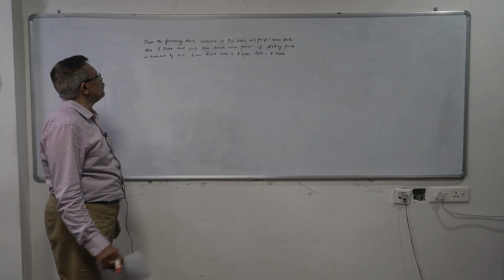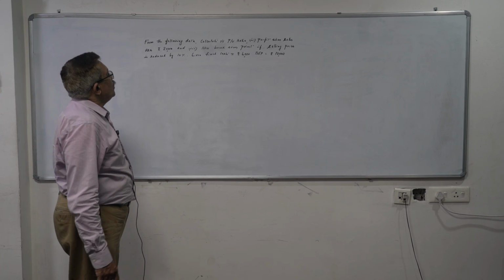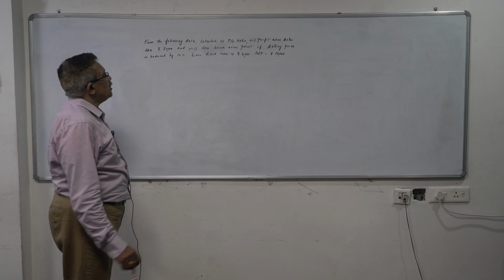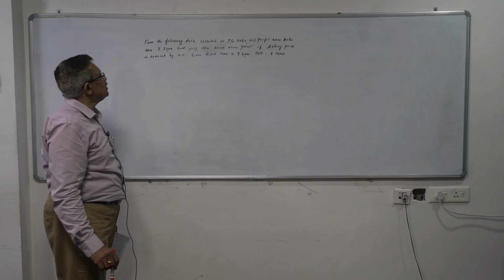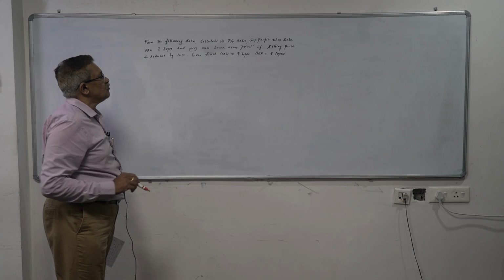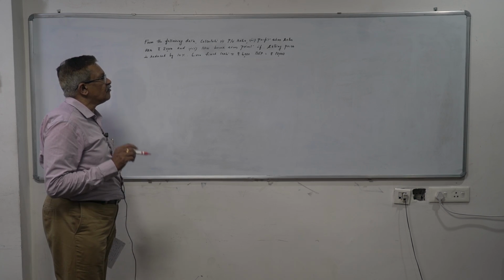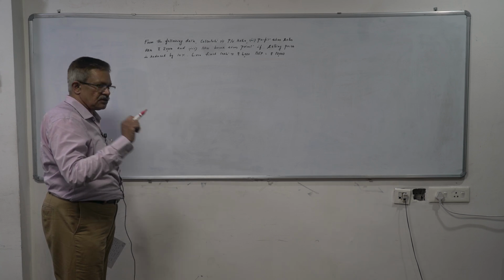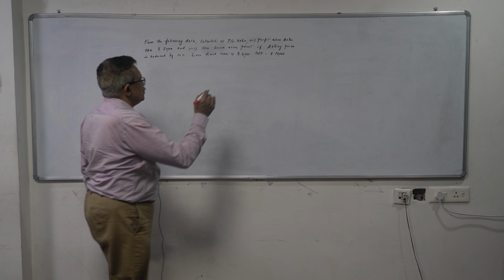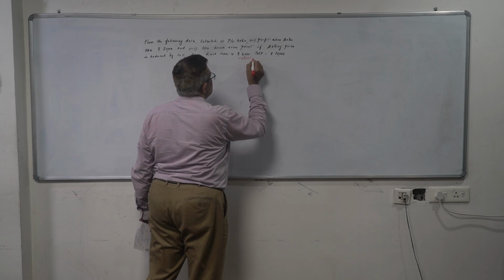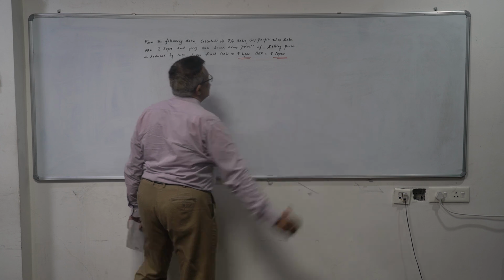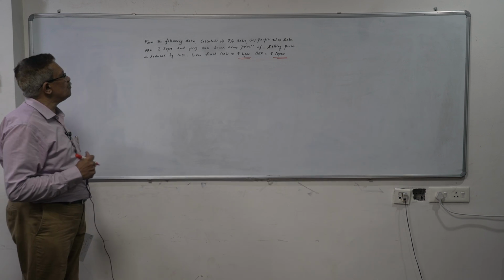Let's move to the next problem. In this particular problem, he is asking us to find out the PV ratio. He is asking us to find out the profit when sales are rupees 20,000, and he is also asking us to find out the new break-even point if the selling price is reduced by 10%. And he has given information with regard to the fixed costs, which he says as 4,000, and the break-even point in terms of sales are equivalent to 10,000 rupees.